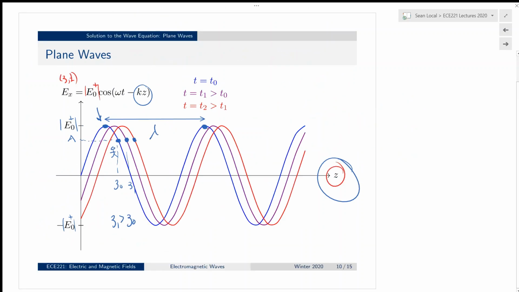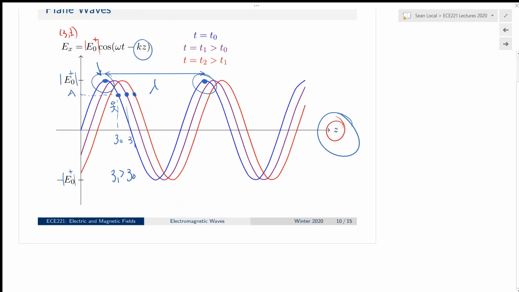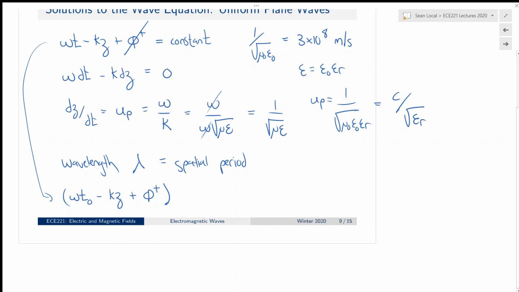And now we want to find where we are here. We've evaluated the point on the left, and now we want to find the argument to the cosine associated with the second maxima on the right. Well, that's one wavelength later, right, in space. So if we go to our expression here, we know that the difference between this phase point on the left and a successive phase point on the right, which occurs at the same time, but at a distance z plus lambda, right, because we've moved one wavelength to the right,